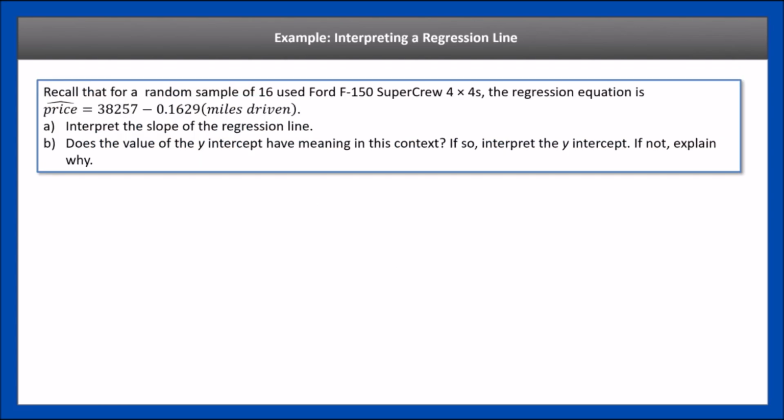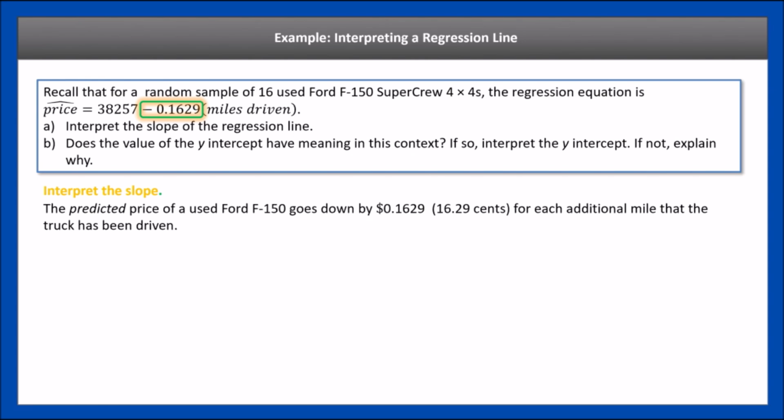All right, so let's go back to the Ford F-150 example. So we want to interpret the slope here, and then we want to see, does the value of the y-intercept have meaning in this context? So let's take a look at the slope. Well, we know that the slope is negative 0.1629. So that means that we could put that over invisible 1, and that means that when we're looking at the predicted price,